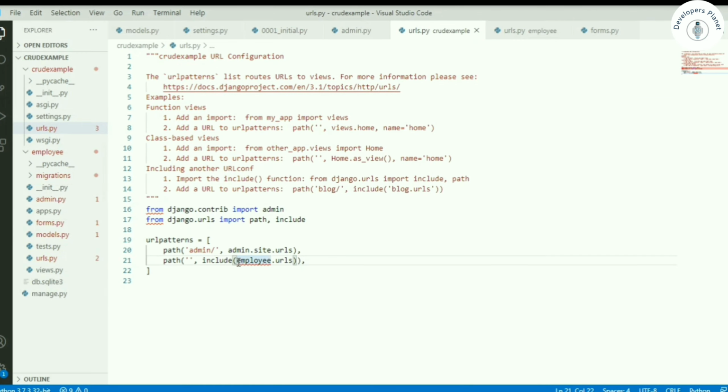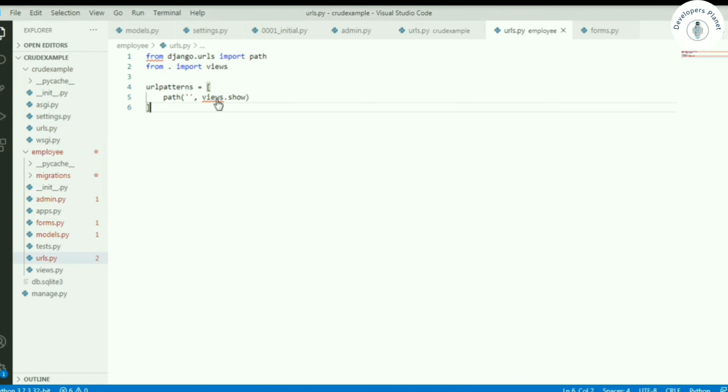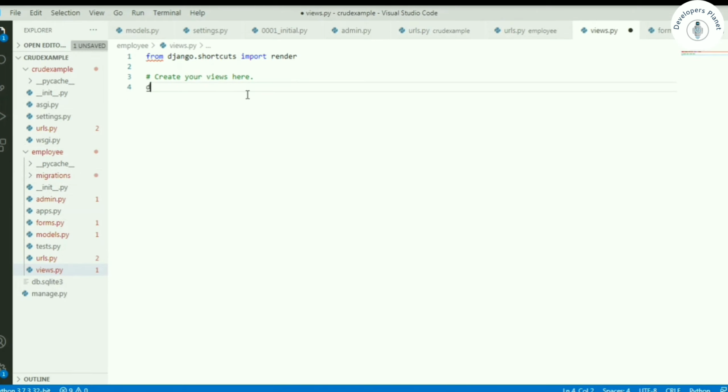So okay, yeah, this was the error here. Let's keep it in quotes, and now go to the views file. Here in the views file we don't have any show function. Let's define a show function. Show, give parameter request, and we will